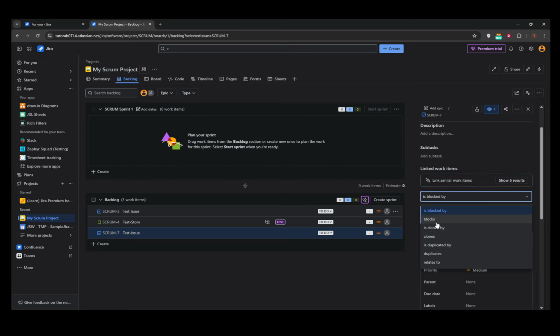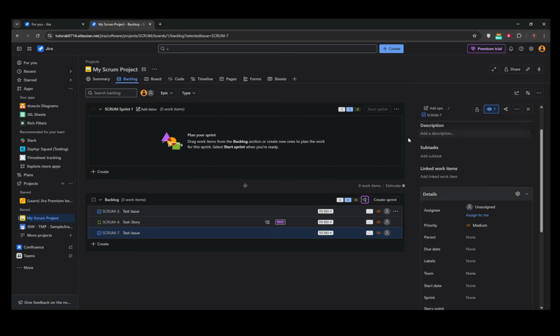Before diving into how to link issues, it's important to ensure you have the necessary prerequisites. First, you'll need to have the link issues permission for the specific projects involved. Additionally, the appropriate link types must be configured, which is typically handled by a Jira administrator. Depending on your setup, you might have custom link types available, or you may be using the standard ones provided